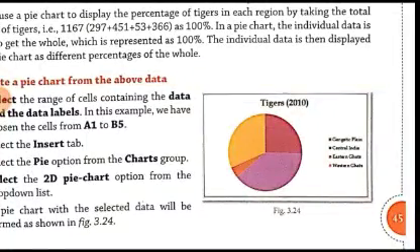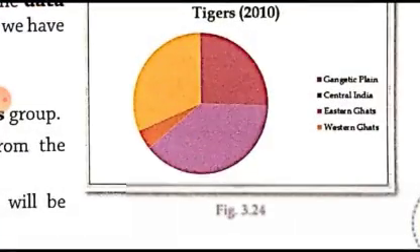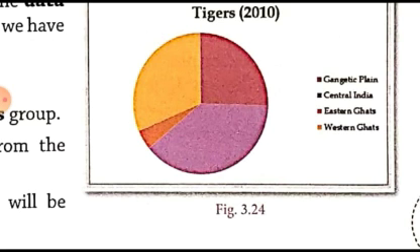Then in figure 3.24, you can see that we are using different colors to show the different regions in the pie chart. All the different regions are shown by different colors, which is shown by the legend here. This information displayed on the right hand side is the legend. The legend is describing the different colors which we are using for showing the different regions